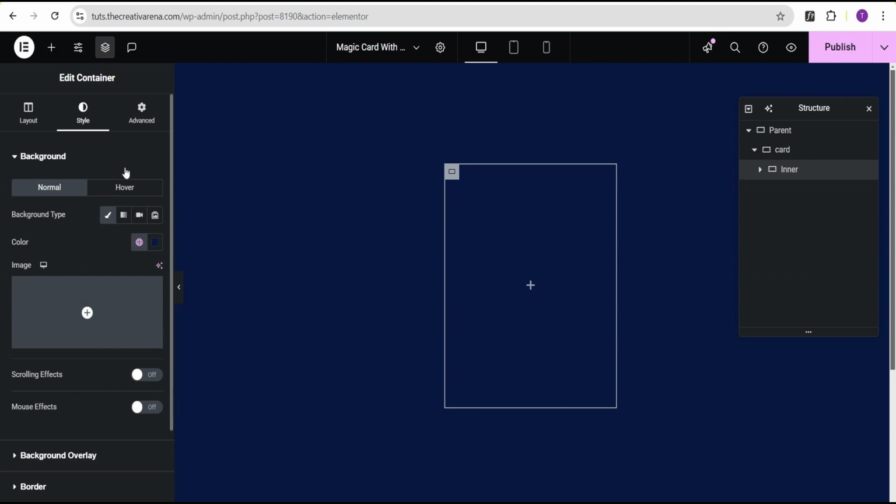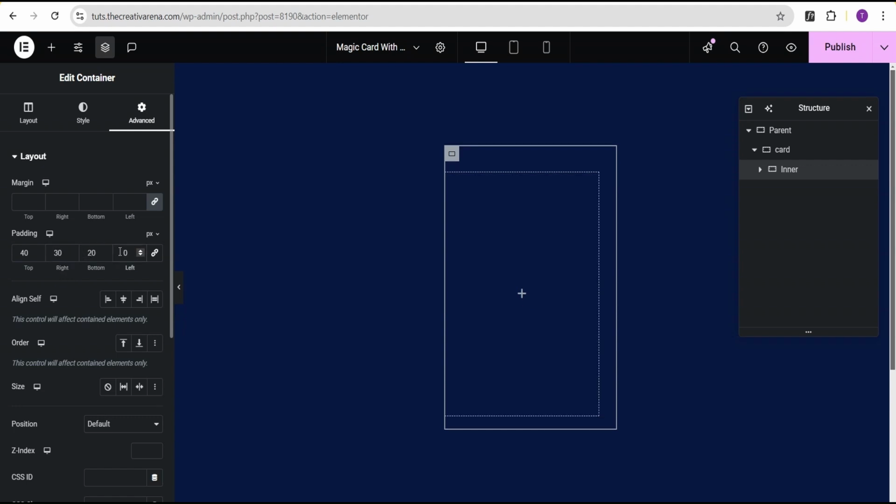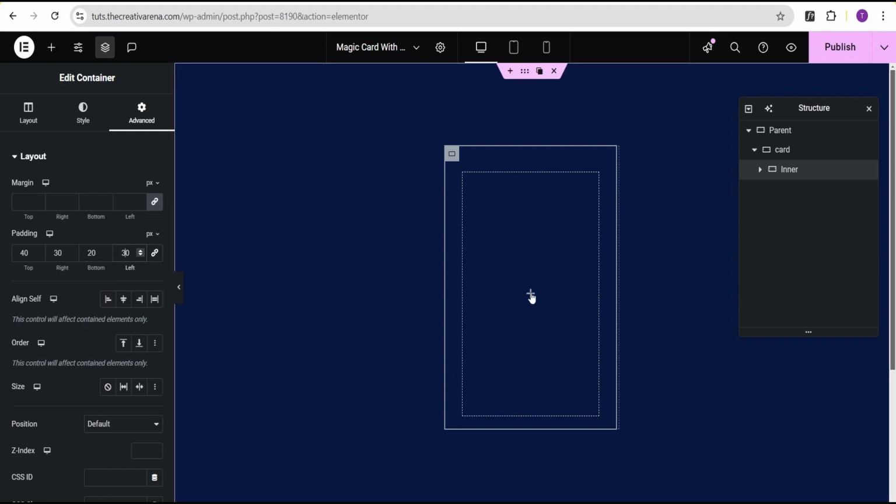Okay, so now that I've done that, I'll head over to the advanced settings. For the padding, I'm going to link this one here. To the top, I'll set the padding to 40 pixel. To the right, give it a padding of 30 pixel. To the bottom, 20 pixel, and then to the left, 30 pixel. Okay, so now that we've done that, the next thing I'll do here is I'll click on this plus icon